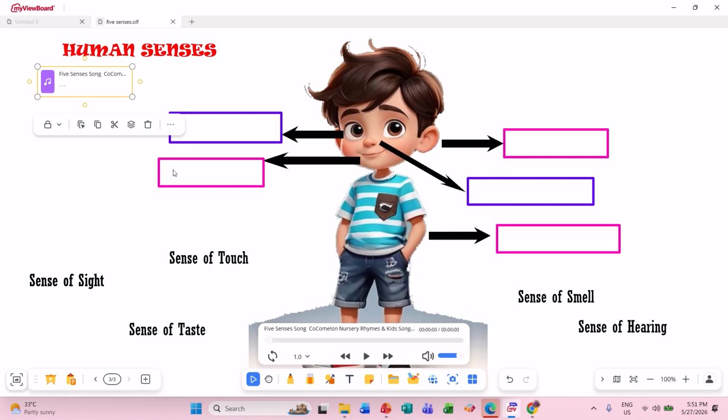Okay, that's right. Now you want to try to play the song? Let's go to the mode to play the song. Play the song.